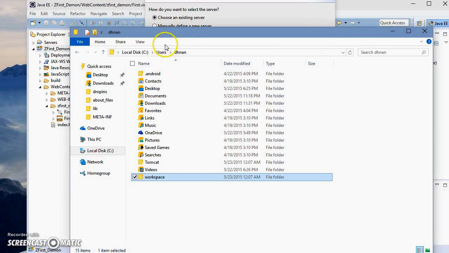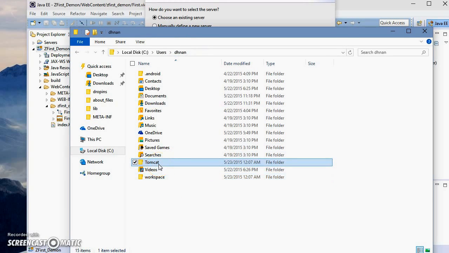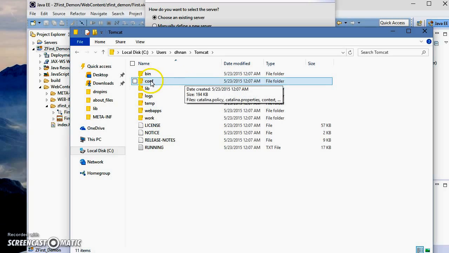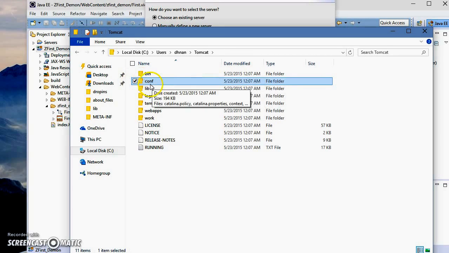Generally it is under user / your username, and you would find workspace, and this was a directory which I chose to install Tomcat server. So go in under this directory Tomcat and go find something called conf, the configuration folder,